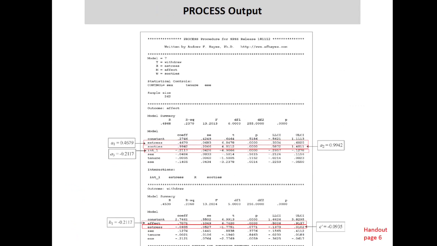Here what you'll see is our model of depressed affect. This is just standard OLS regression output. There's our coefficients, A1, A3, and A2. We don't even need A2, but there it is. So there's A1 and A3. Notice that PROCESS has generated that product for us. It's done it for us automatically. We didn't have to do that. It knows when I specified model 7 that involves this product term that's needed.